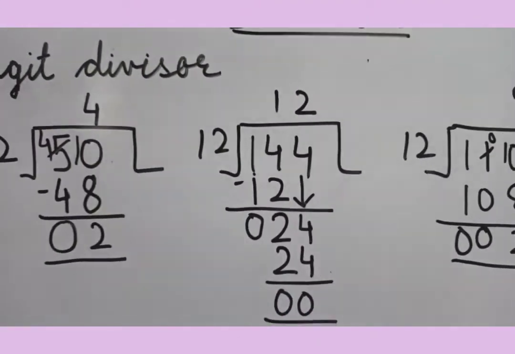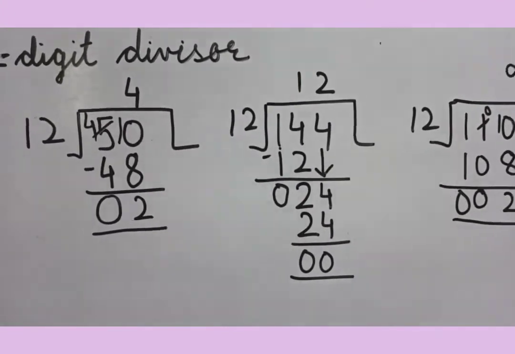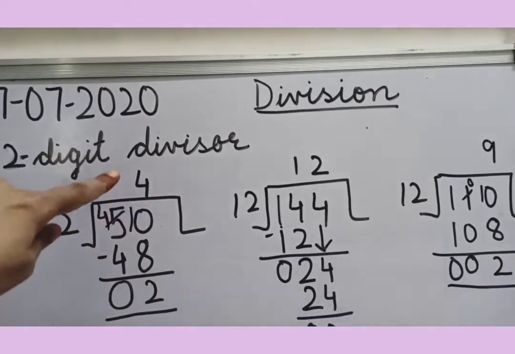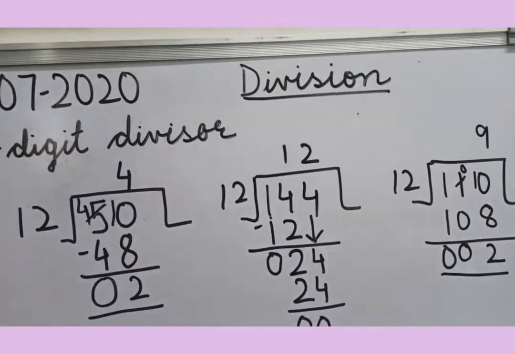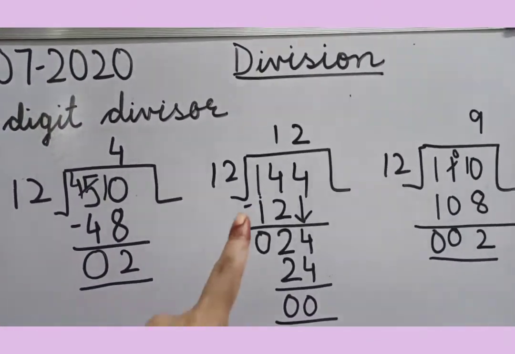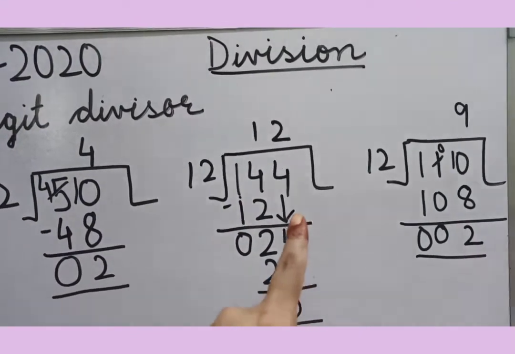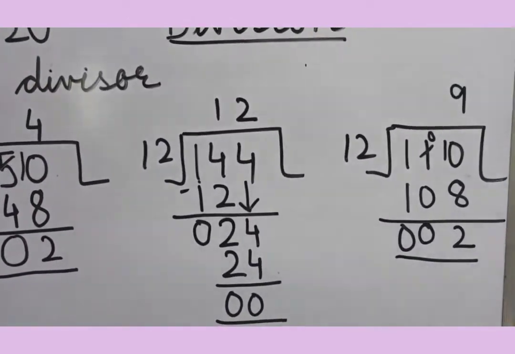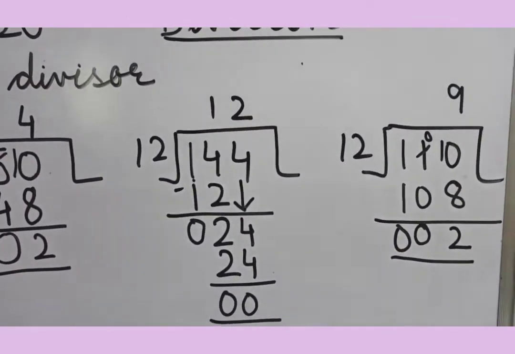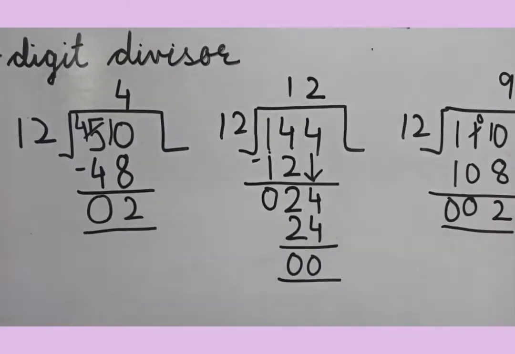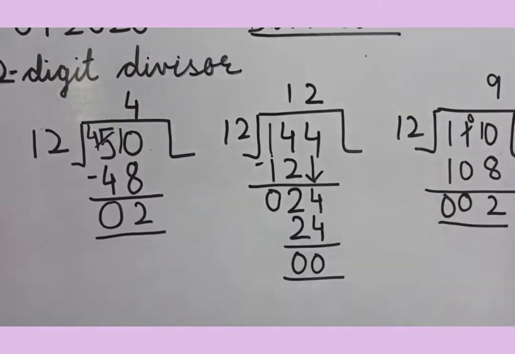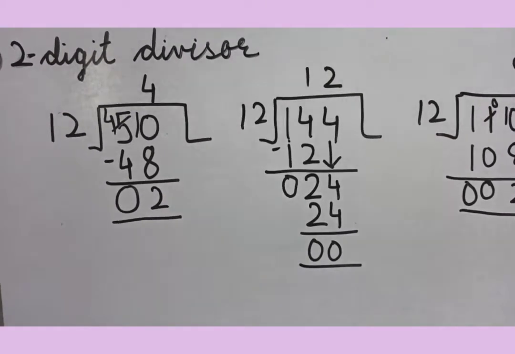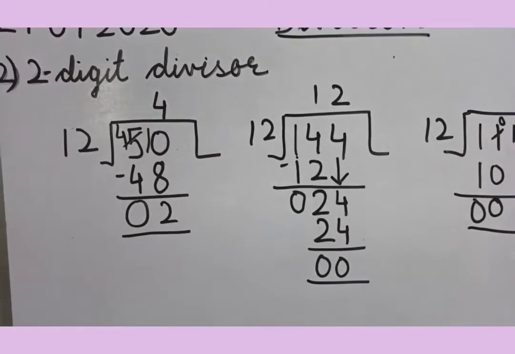Now again the comparison of the 3 questions. Please try to see. There was a 2-digit number and I got a 1-digit quotient, and we got some remainder also. Then a 3-digit number as dividend and the quotient is 2-digit, and over here a 3-digit number and the quotient is 1-digit. Now you have to understand that the rule of division is the same. Only the thing is it changes when the digits are smaller or greater in number.